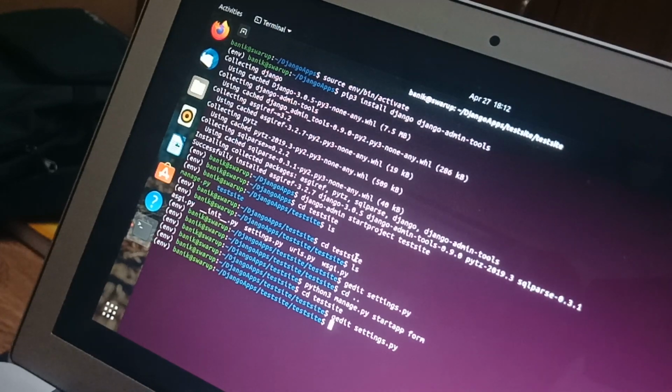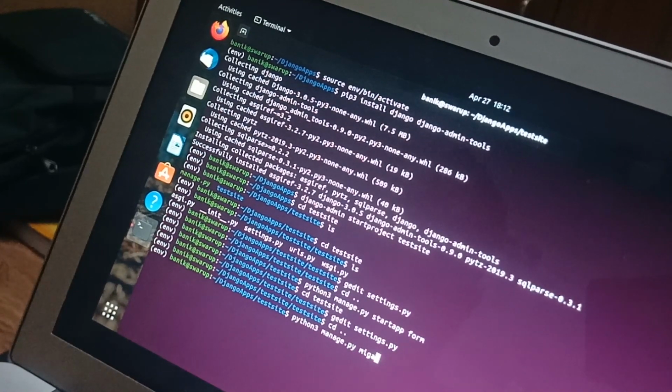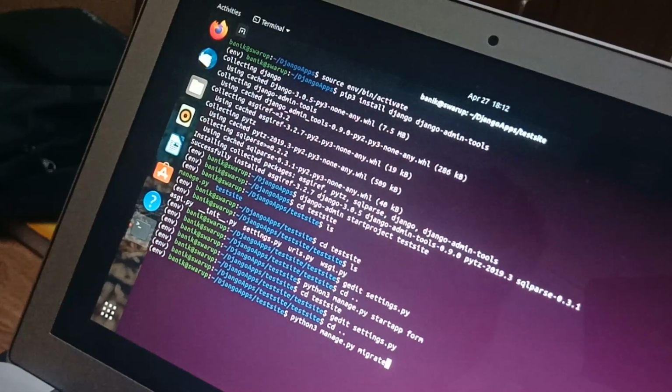Now we'll go back to the test site directory, and we will run a command called python3 manage.py migrate. Migrate shows us the propagating changes which we perform. It's okay.